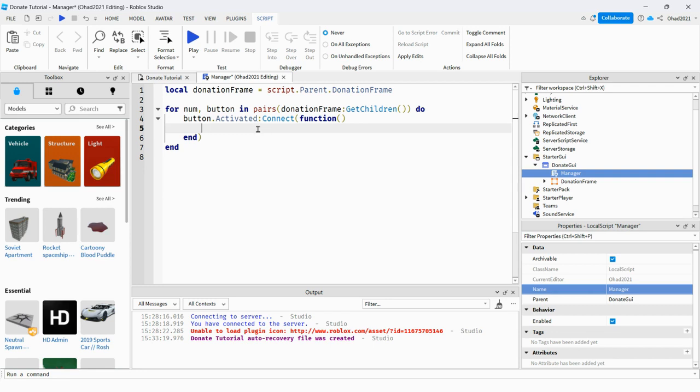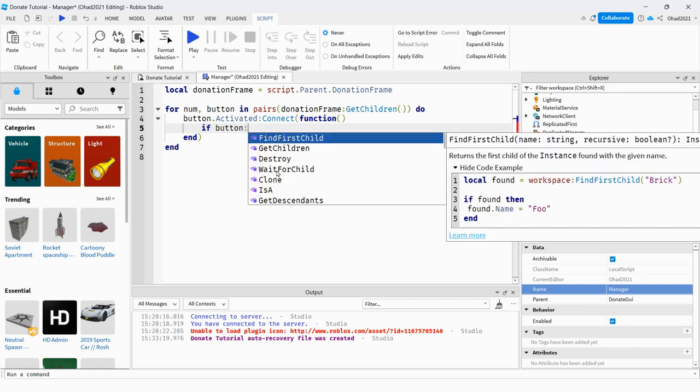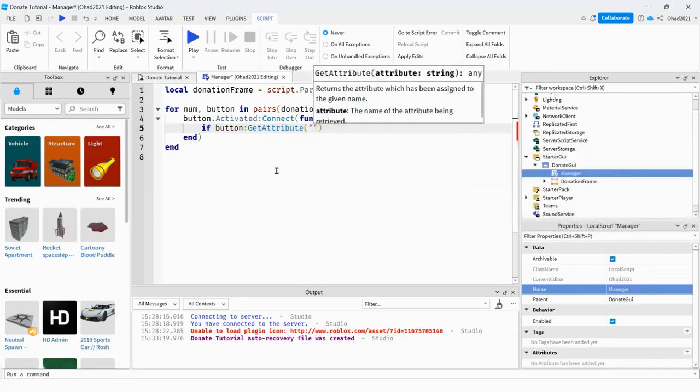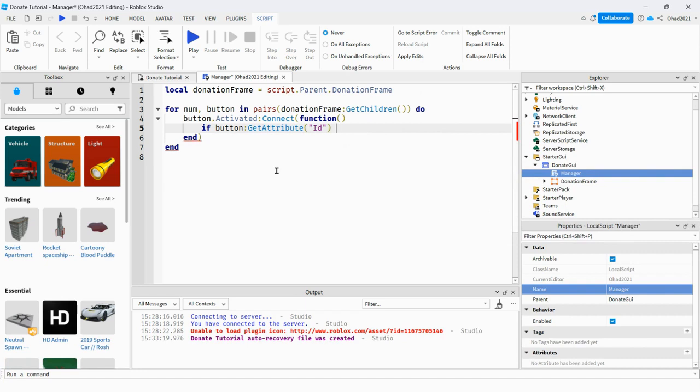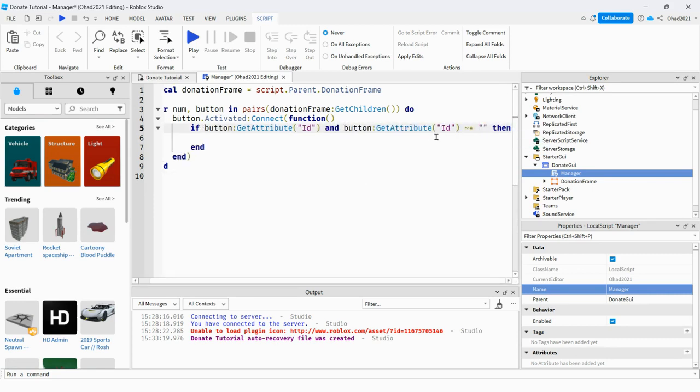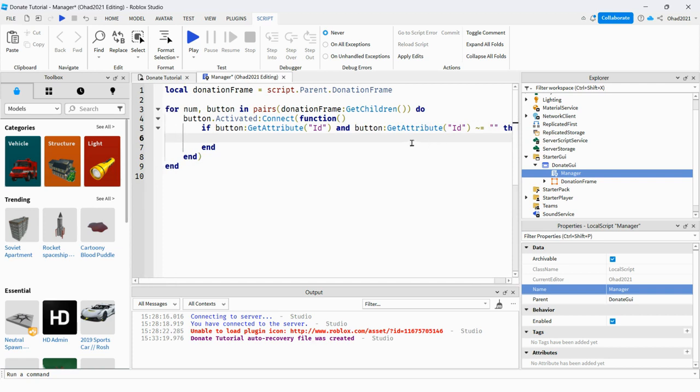And now you're going to want to see if the button, we're going to get an attribute, and this attribute is going to be called ID. And if it's not equal to nothing, then we're gonna see if we can find the attribute first, and it's not equal to nothing. So now we're gonna want to